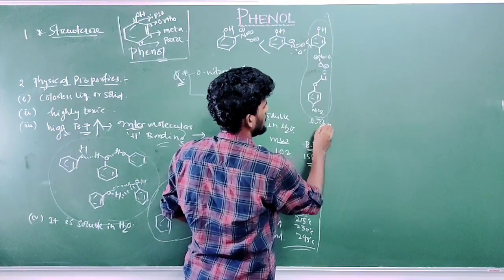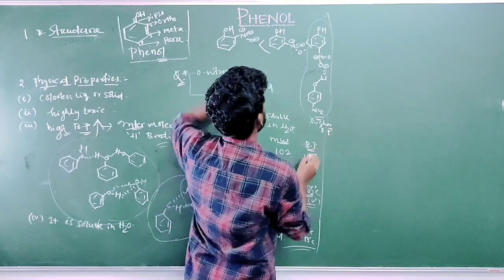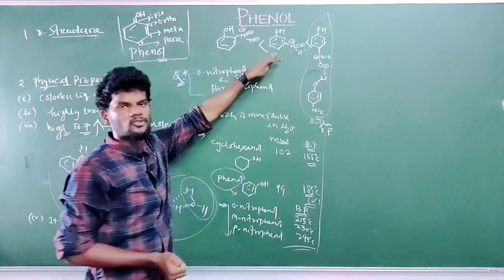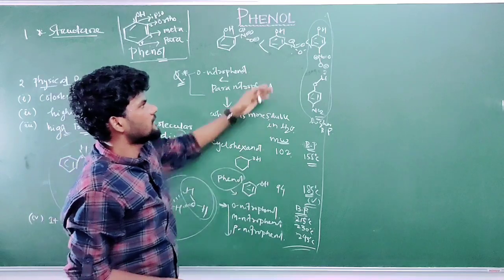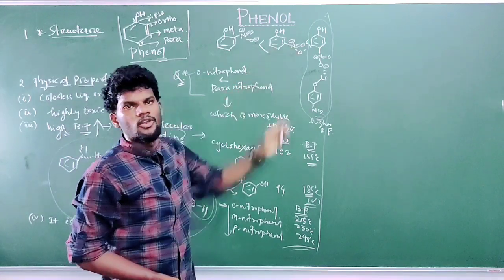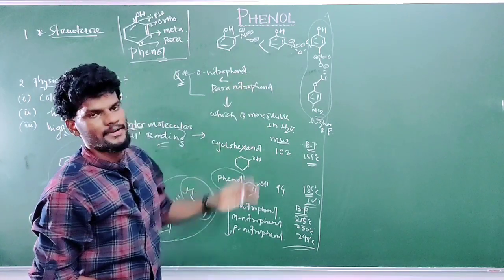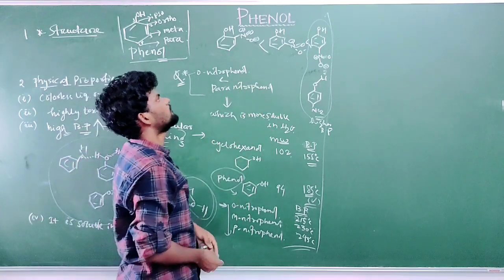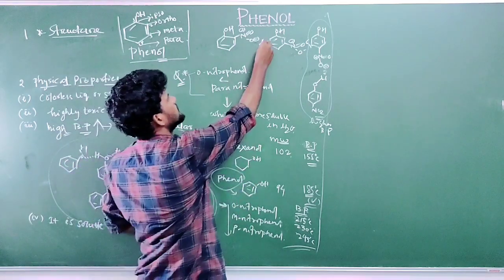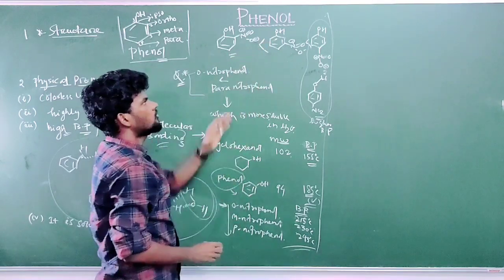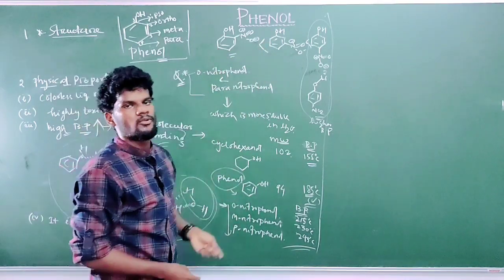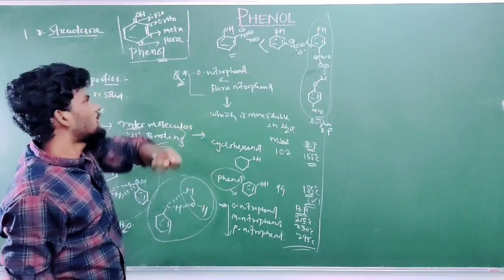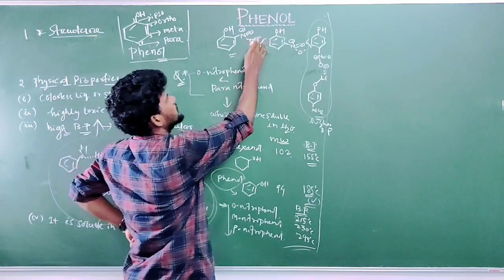Next, meta nitrophenol. In meta nitrophenol, to some extent there is also intermolecular hydrogen bonding like para nitrophenol, but less than that of para nitrophenol. Next is ortho nitrophenol. In ortho nitrophenol there is intramolecular hydrogen bonding. How? You can see here,